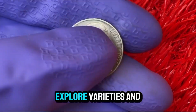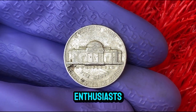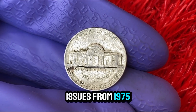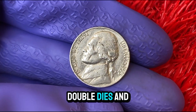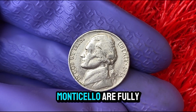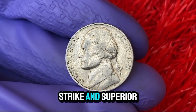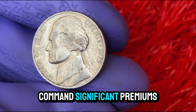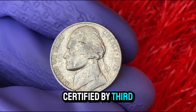And now to explore varieties and errors, which are crucial to collectors and enthusiasts, we examine known issues from 1975, such as die cracks, planchet errors, off-center strikes, double dies, and particularly full-step specimens, where the steps leading up to Monticello are fully visible and well-defined, indicating a sharp strike and superior die condition. And these full steps coins can command significant premiums, especially in higher mint state grades, certified by third-party grading companies